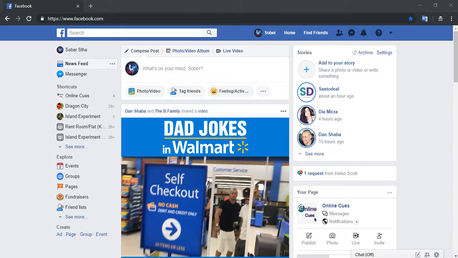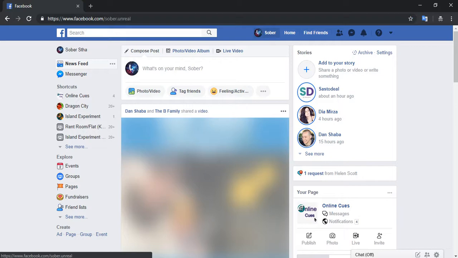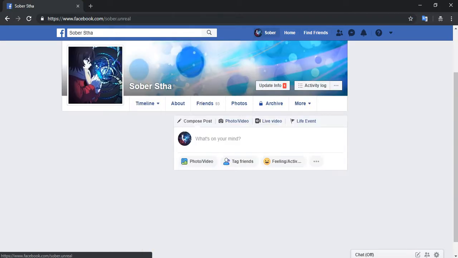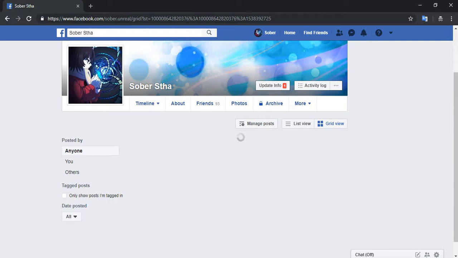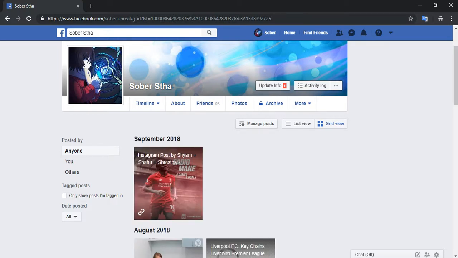So once you're logged in, click onto your profile name over here, and this is what will appear. So to be able to do this quite easily, let's go and click on grid view. And when you are in the grid view, things like this will happen, so you can easily see who has tagged you into their post and all that,